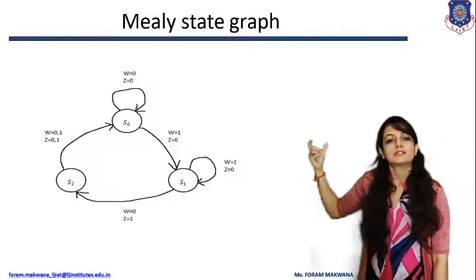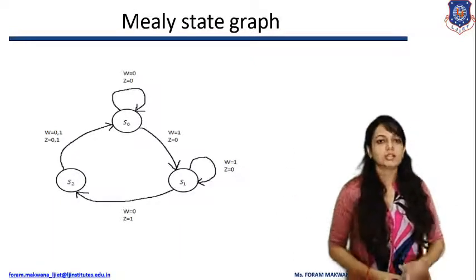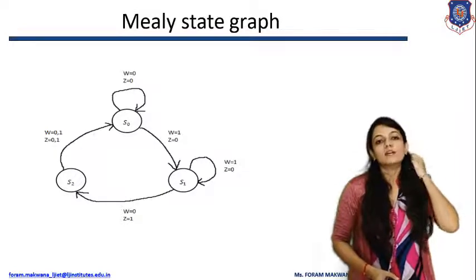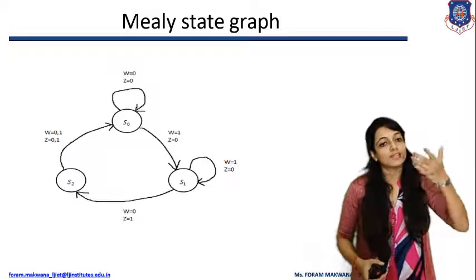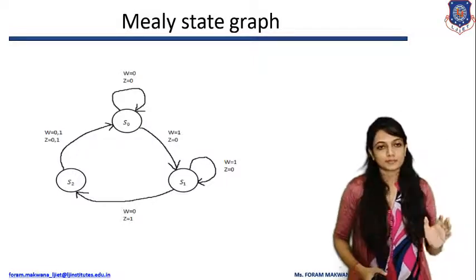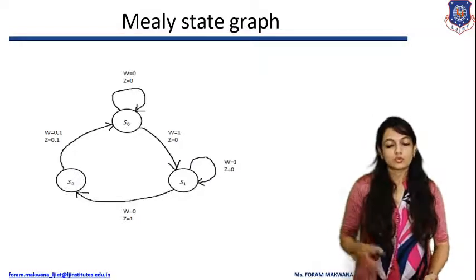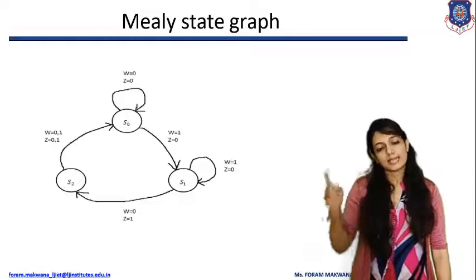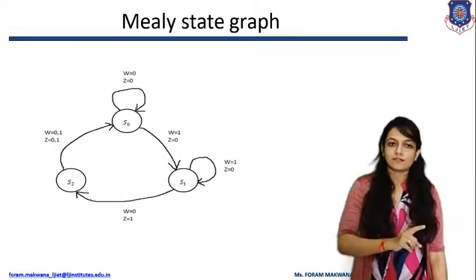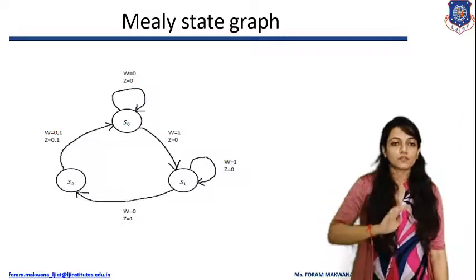You need to write a state equation, and based on that state equation, you need to draw its logical circuit with the help of gates and flip-flops. We know that a flip-flop is used to store a bit. If you want to store a single bit, we need to use a single flip-flop. If you are going to store 4 bits, you need to use 4 flip-flops.